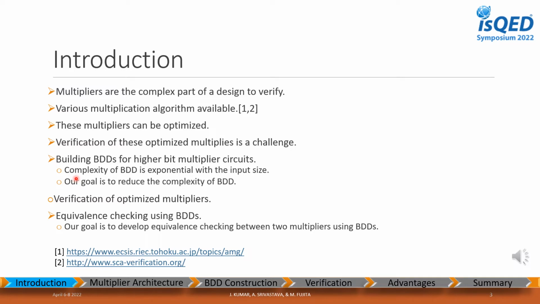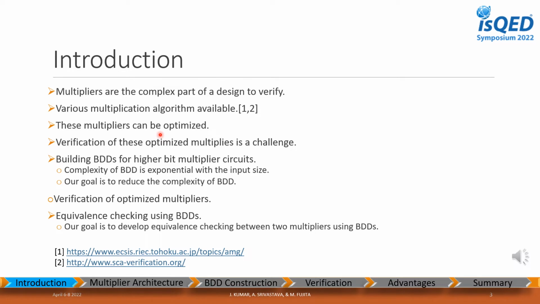Introduction. If you analyze the complexity of data path design circuitry, you will find that multipliers are the complex part of the circuit to verify. There are various multiplication algorithms available to generate the multiplier circuits. One can generate various multiplier architectures using the given link. These multipliers have many redundant gates and further can be optimized up to 20 to 40% in terms of number